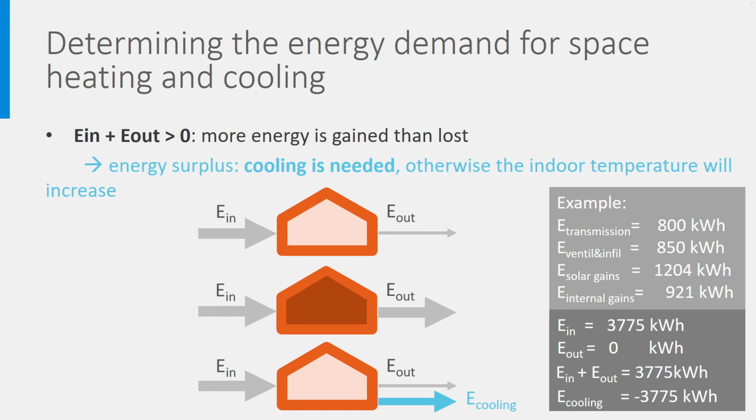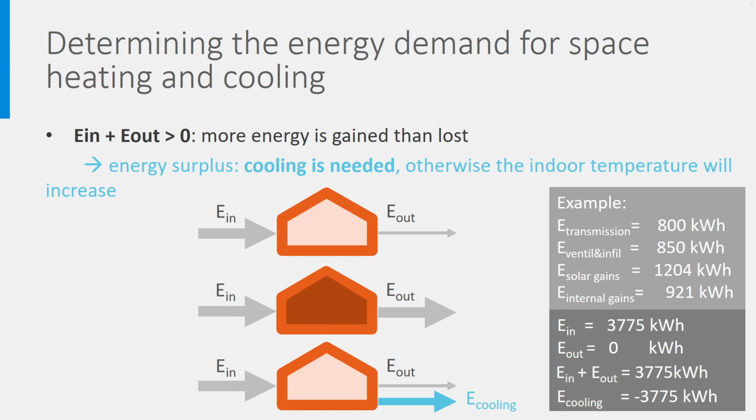It amounts therefore to 3775 kilowatt hour. There is no energy out and there is therefore an unbalance of 3775 kilowatt hour that must be compensated by removing this 3775 kilowatt hour heat out of the building. The cooling demand is said to be minus